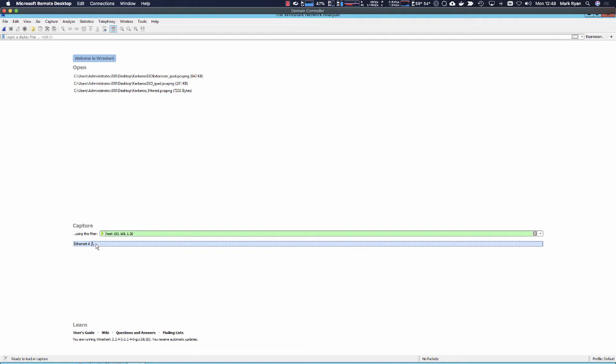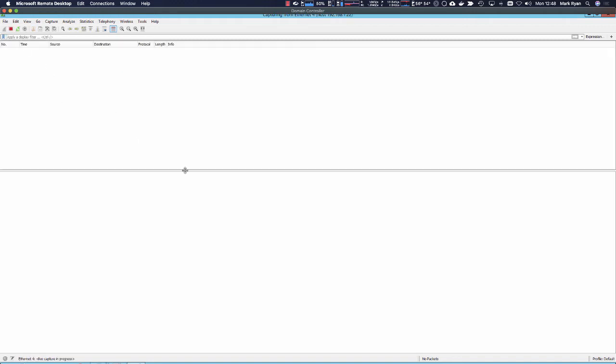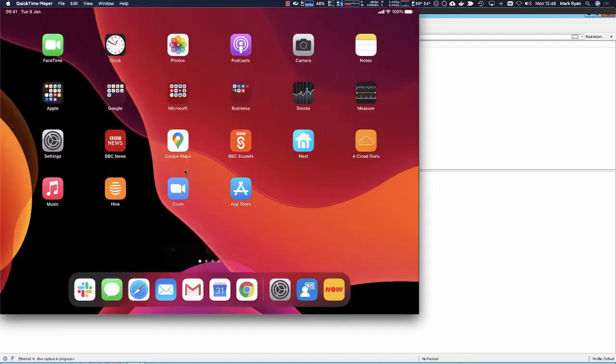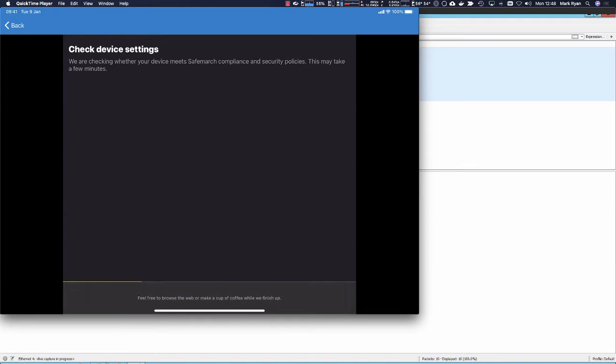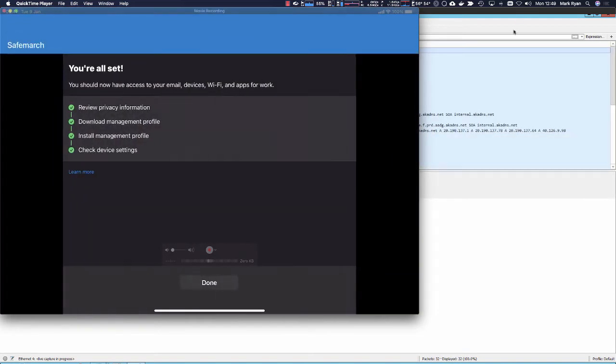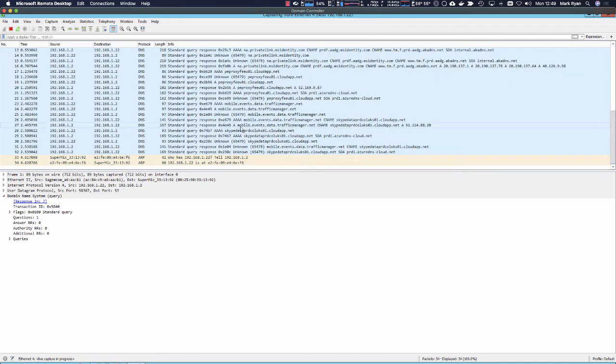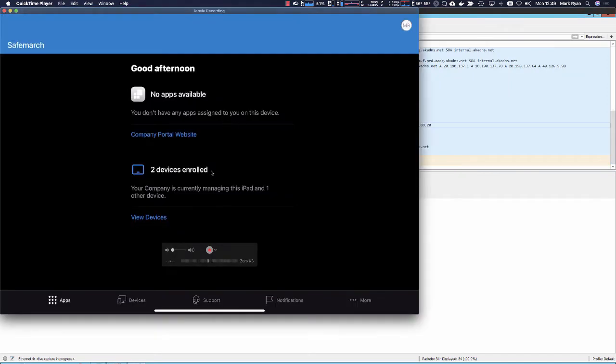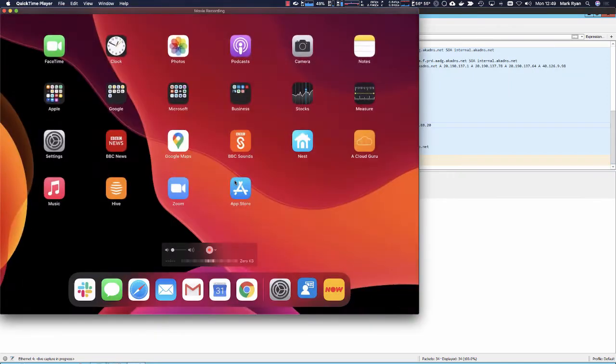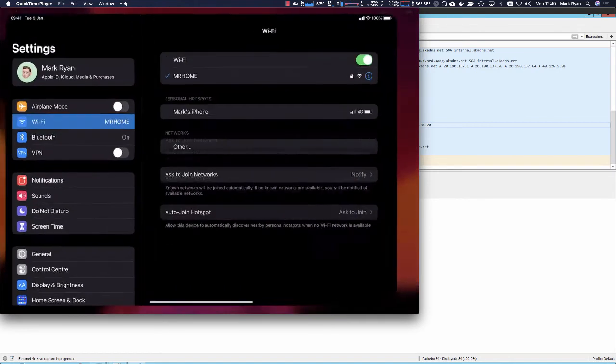Let's just make sure we set this up, and we'll double check the IP address on this iPad. It's now changed, 122, and we'll click start on this. So as this completes its enrollment, it's going off, and it's going to get its SCEP certificates and everything as part of this. We'll click done over here,